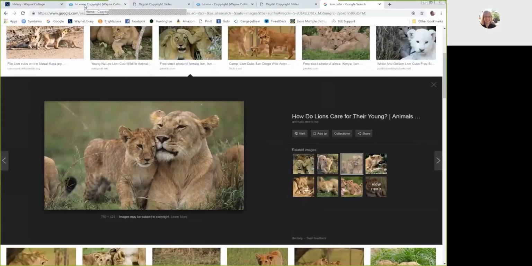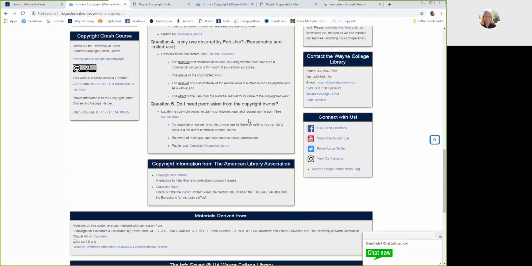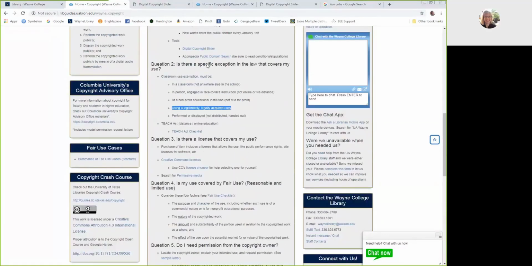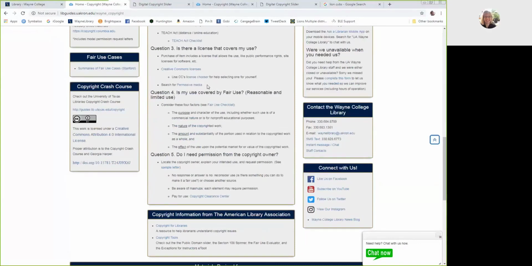Okay, I'm going to go back to my LibGuide here. Okay, so the question here is, is there a license that covers my use? Check Creative Commons, check the item itself, and see if it allows you to use it how you want to use it. Okay? And then, not finally, but this is kind of why we're here today with Fair Use Week, we have this question: is my use covered by fair use? Now you can see that there might be reasons why you already can use it before you even get to this question. That's why we kind of want to wait for that.